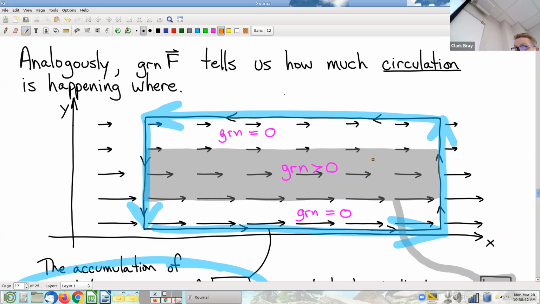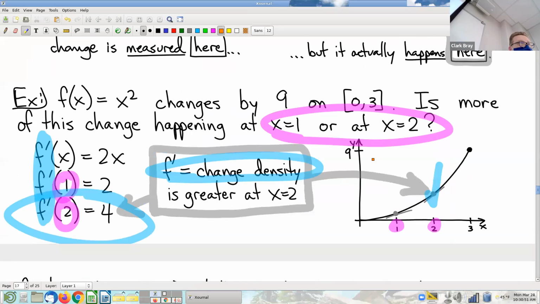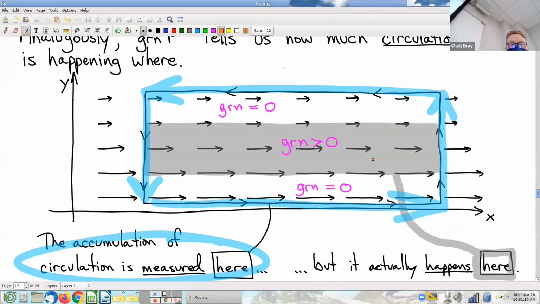And I make the assertion that it's telling you where circulation is happening because it's circulation density, right? I mean that in literally the same way that I mean that the derivative tells you where change is happening, because after all, the derivative is change density, right? So I know you're comfortable with this, that the derivative is telling you where change happens. Yeah, of course, absolutely. Well, Green's operator is telling you where circulation is